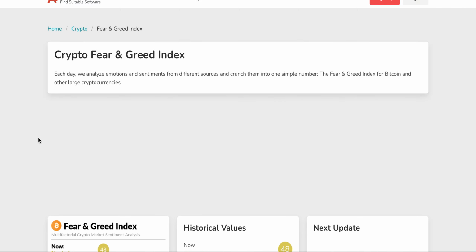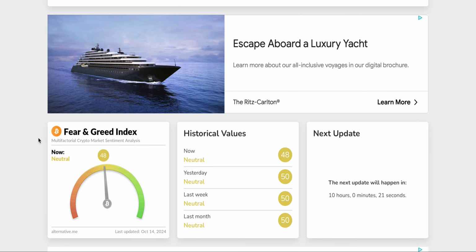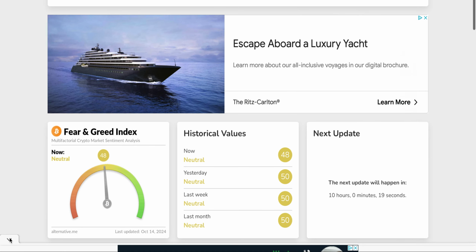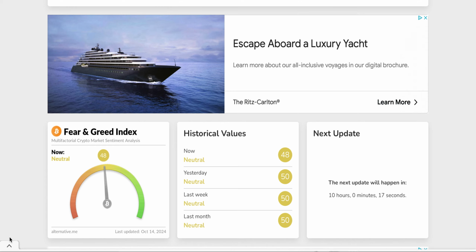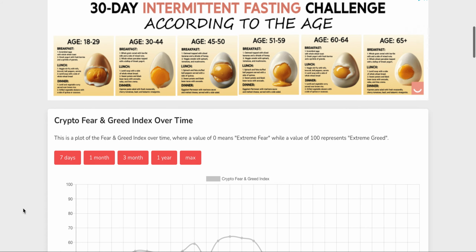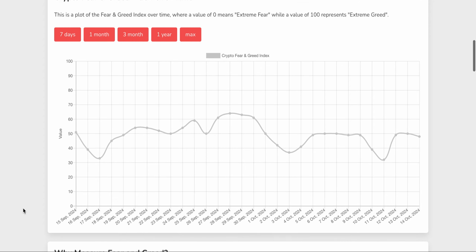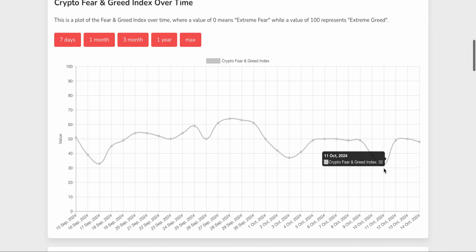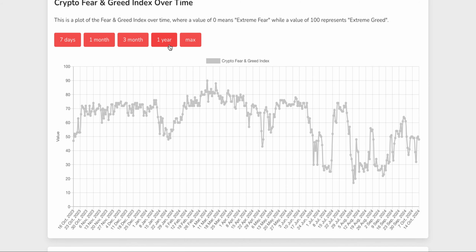Let's give the crypto fear and greed a refresh. And crypto, of course, it's going to be crawling on up. We were down into, I want to say, low neutrality or high fear not that long ago. Now, I have no doubt that crypto is going to be climbing up towards the greed end again. So you can see right here, we were down in the 30s, slowly climbing up. We've been taking a look at this from the last year. I'm going to keep talking about this.